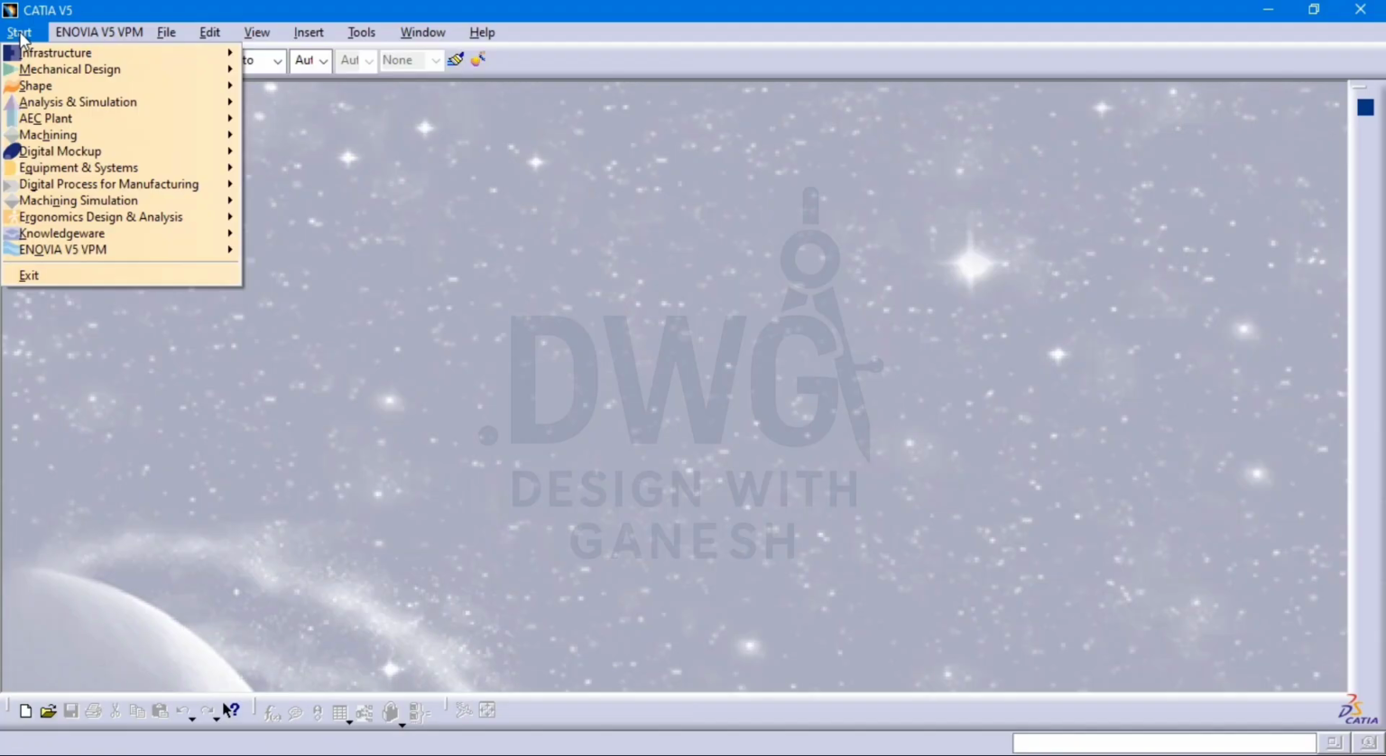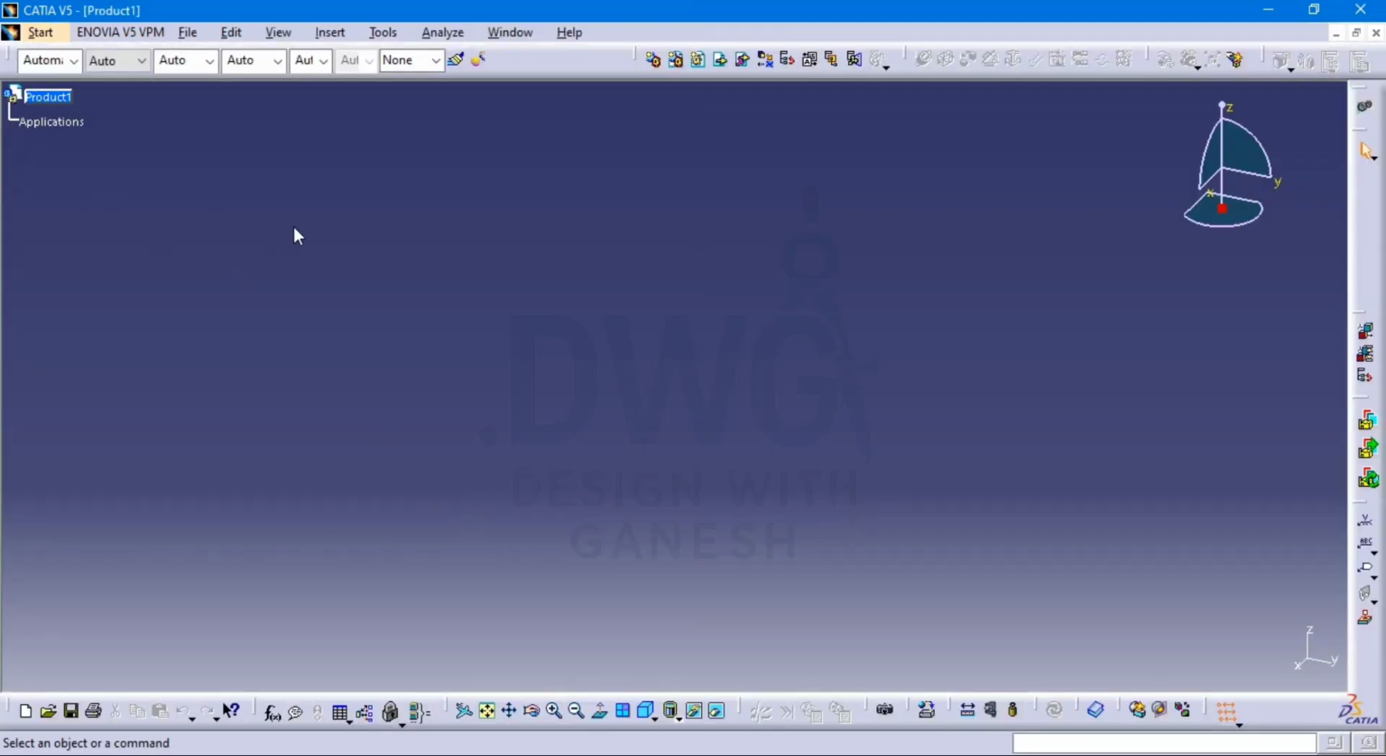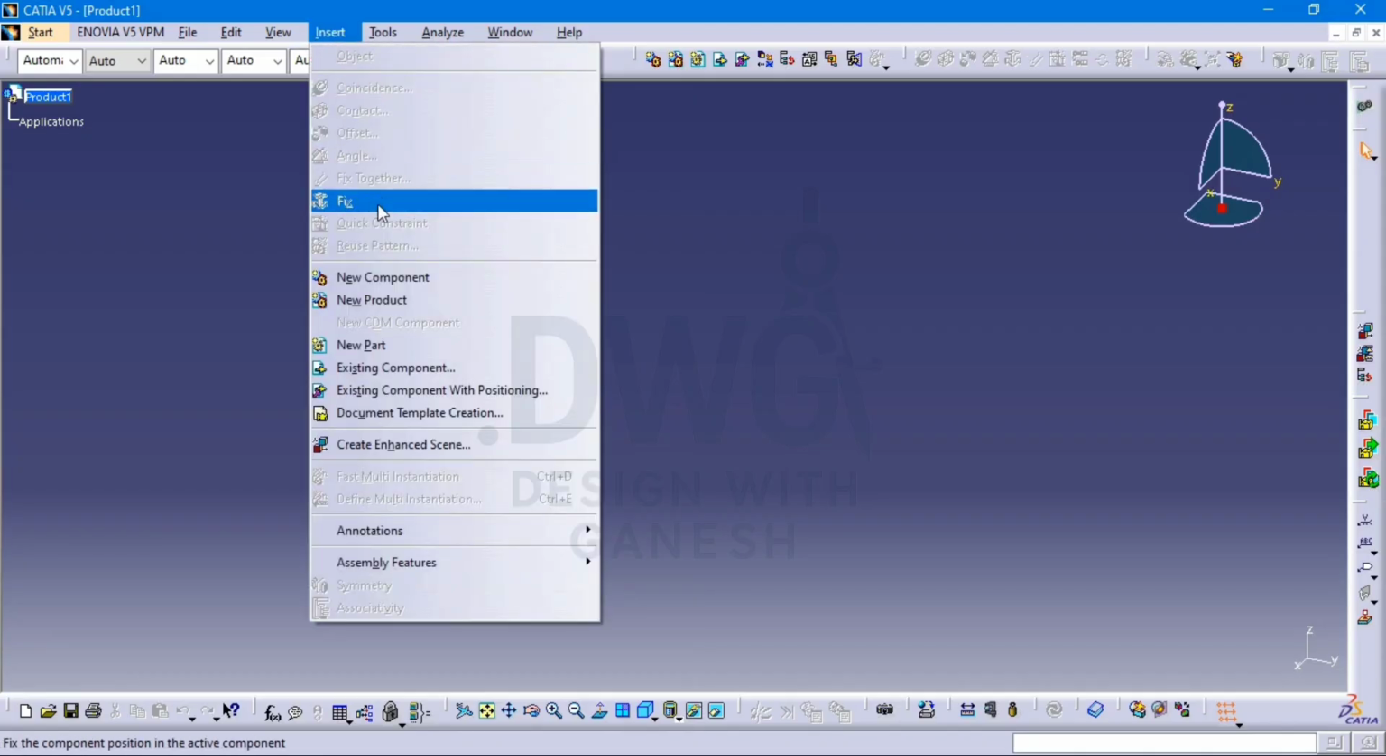For that, I'm directly going to the assembly workbench. Click on Start, Mechanical Design, Assembly Design. Now the issue is I don't have any parts, so I need to create them here only. For creating parts, which is nothing but the top to bottom approach in CATIA, you need to insert a part. So how can you insert? You can see Insert, and here you can see